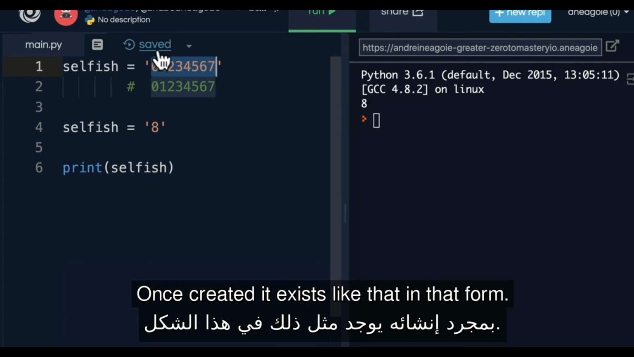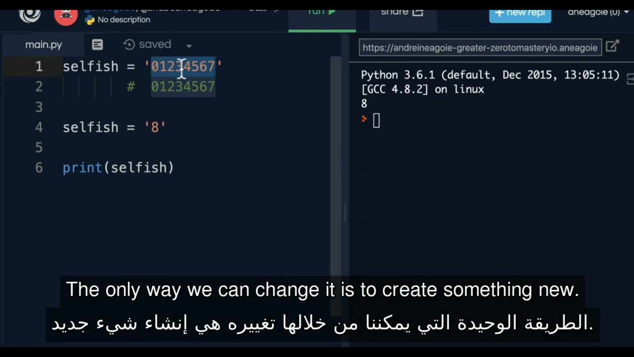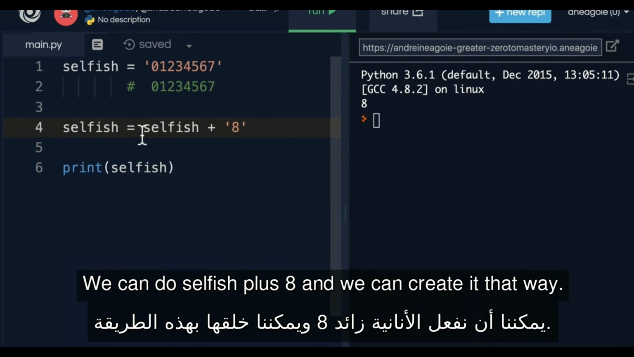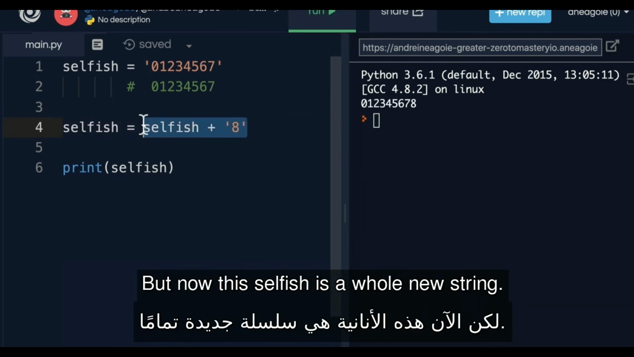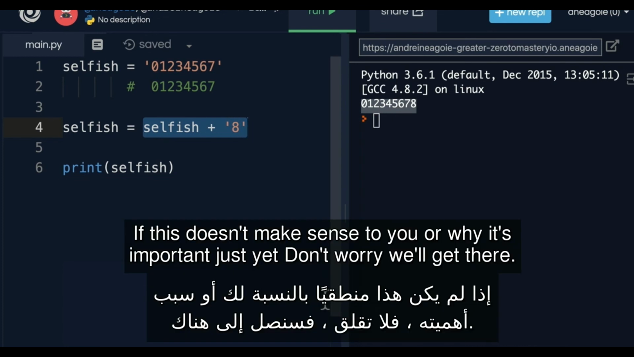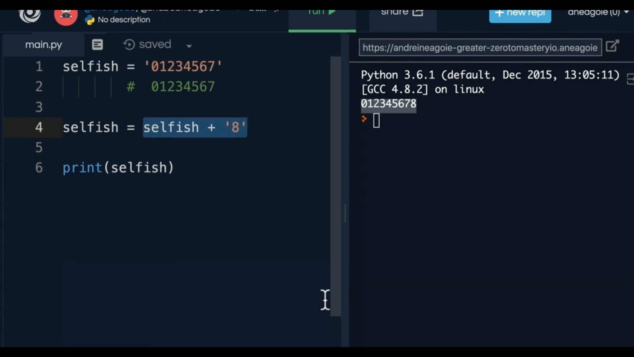Once created, it exists like that in that form. The only way we can change it is to create something new. We can do selfish plus 8, and we can create it that way. But now, this selfish is a whole new string. This no longer exists. And a whole new shelf space was created for us to use this whole new string. Again, if this doesn't make sense to you or why it's important just yet, don't worry. We'll get there. For now, though,